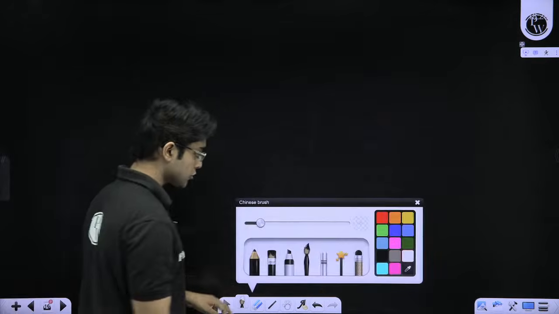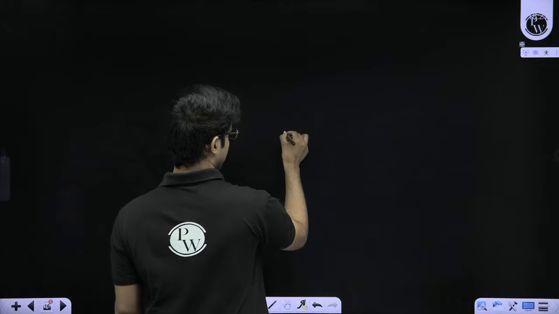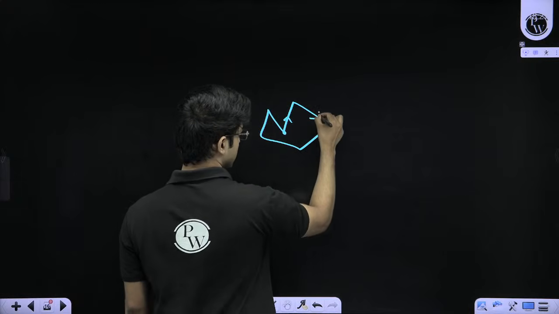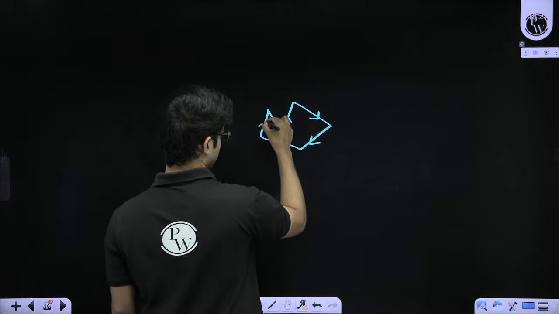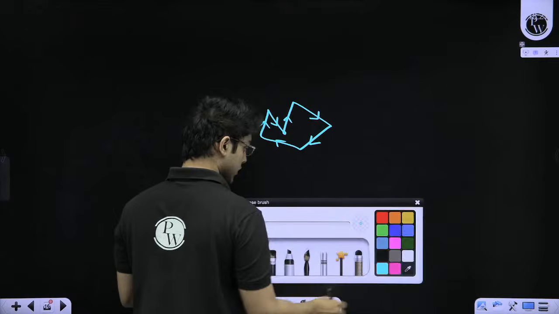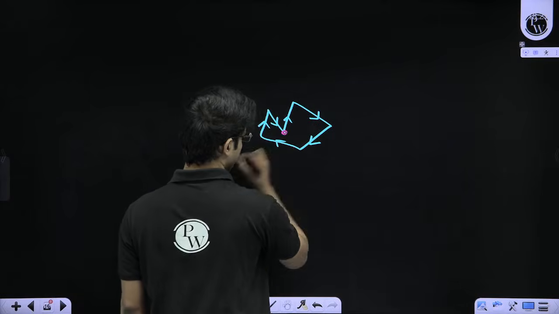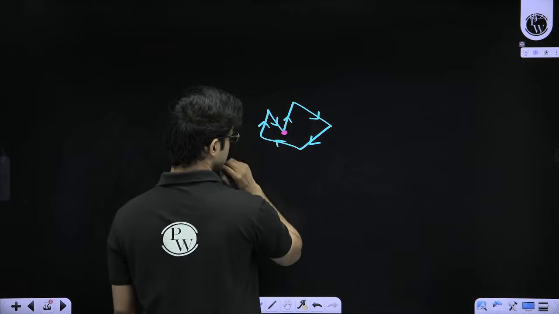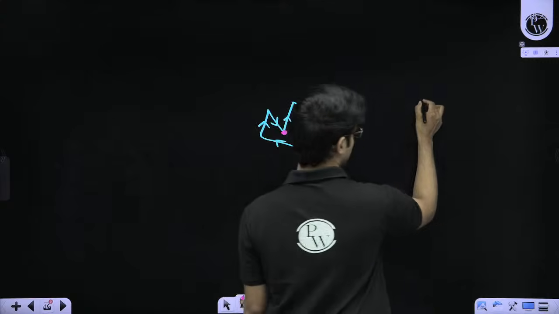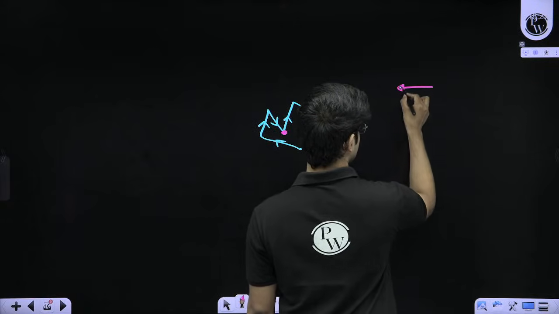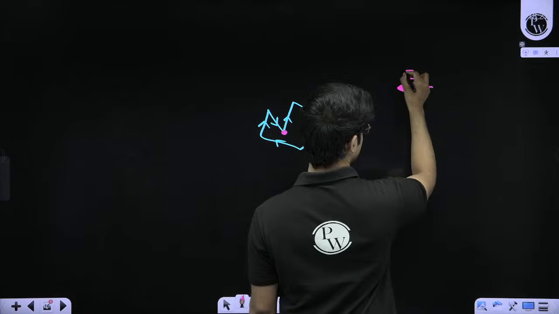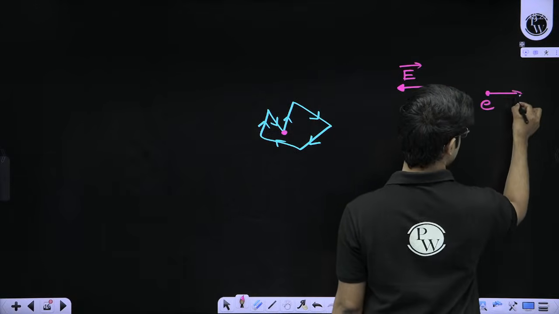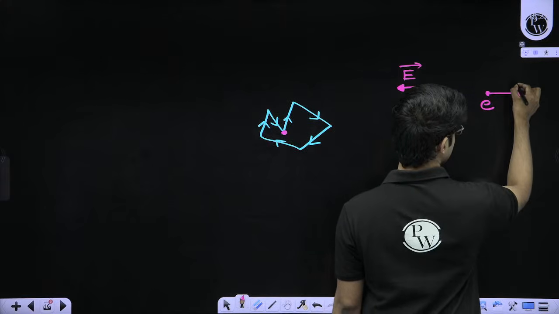because of the random motion of the electron at the start, the electron will move randomly like this, like this, like this. And because of the random motion, the electron does not move anywhere. It does not displace to the right by that much. But when we apply an electric field, because this is an electron, let's say I'm applying an electric field to the left. So on the electron, the force will be acting to the right, opposite to the electric field,